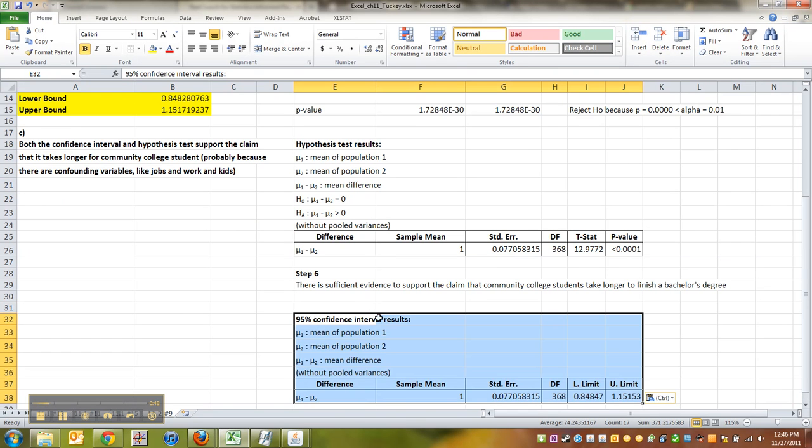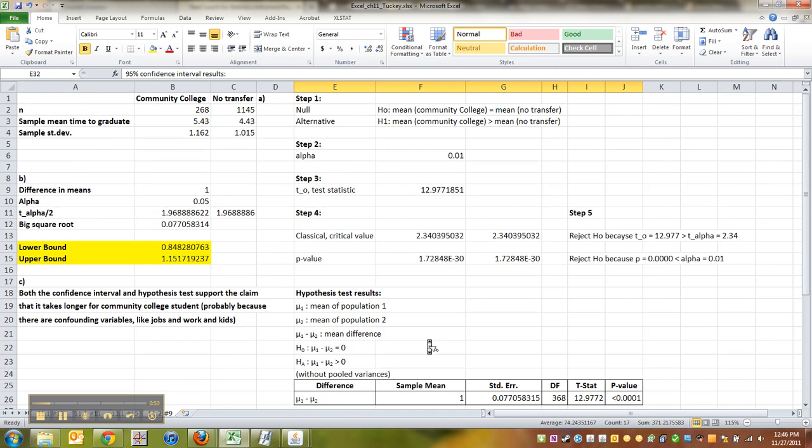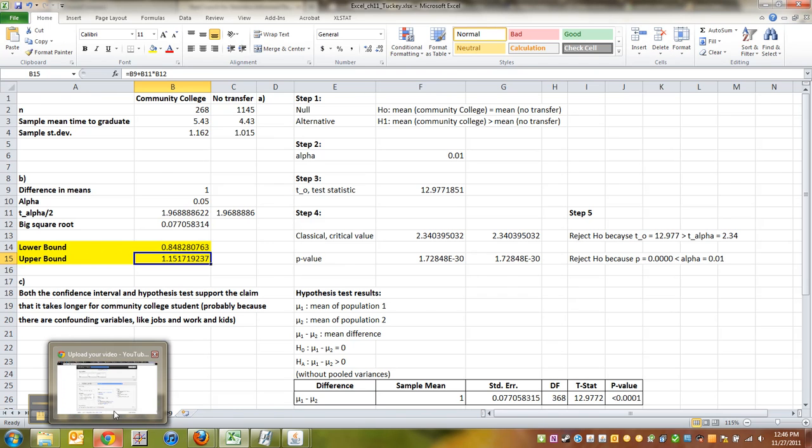with Excel. There we go. So 0.848, 1.15, just like I said. Awesome. All right, so now we're done with that problem entirely, and we're going to move on to number 10,